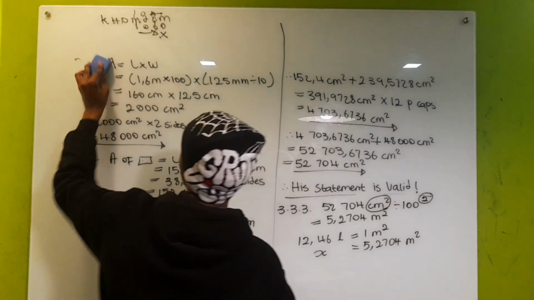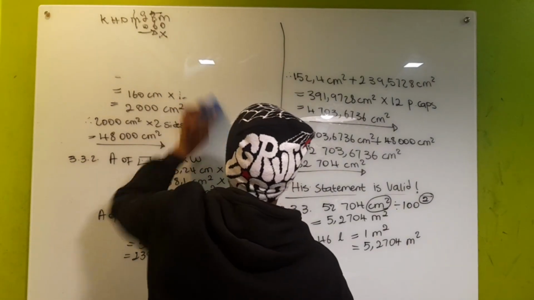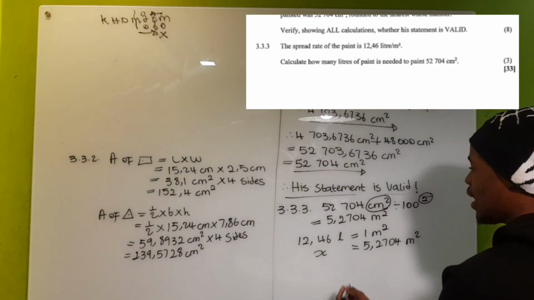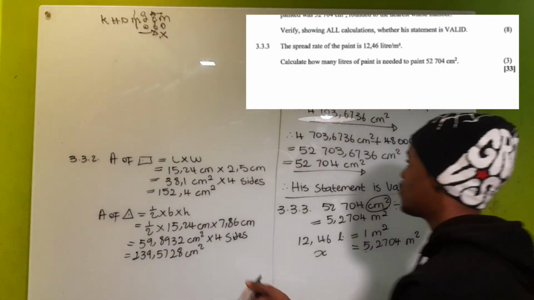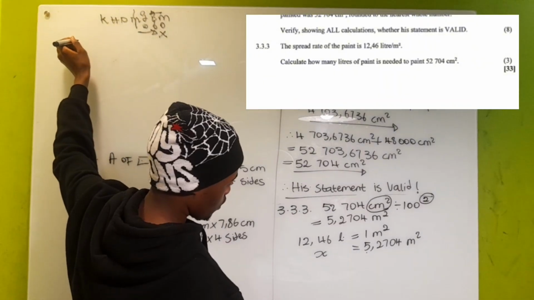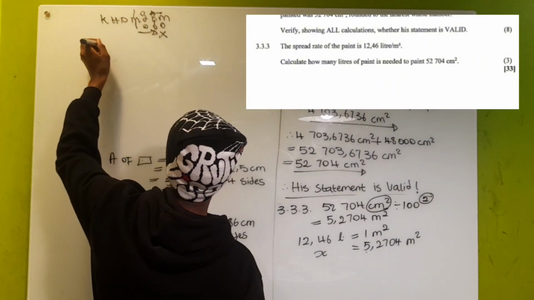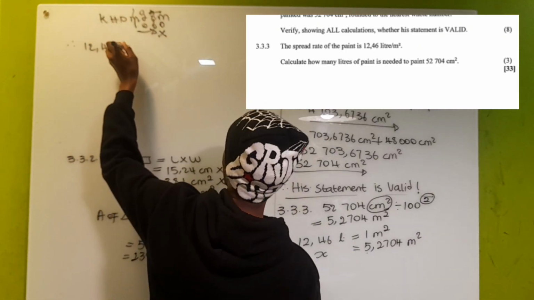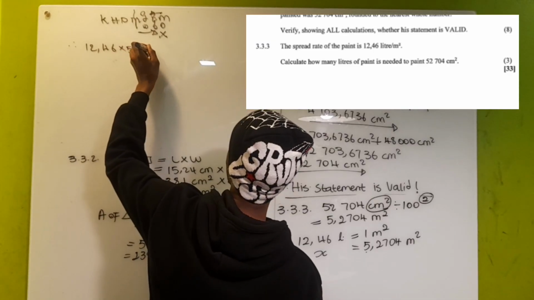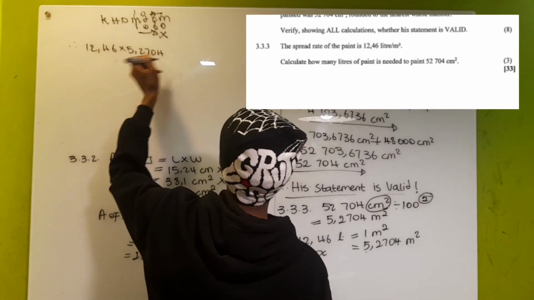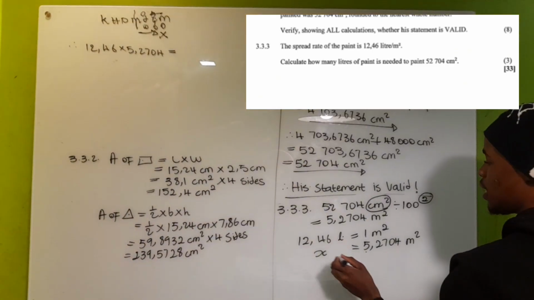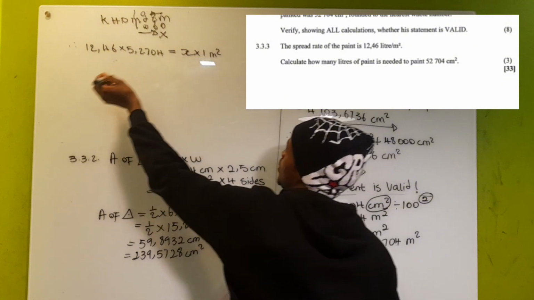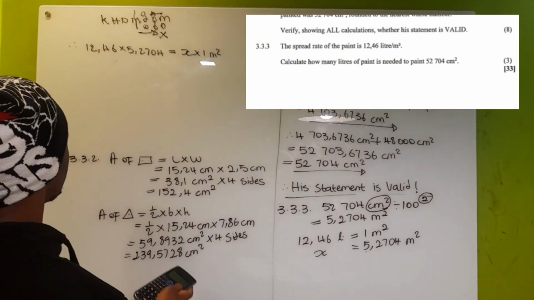I'm just going to clear up here to make space. So now we're going to do what? We're going to cross multiply and say 12.46 liters multiplied by 5.2704 equals x multiplied by 1 meter squared. Okay, so here we're going to say